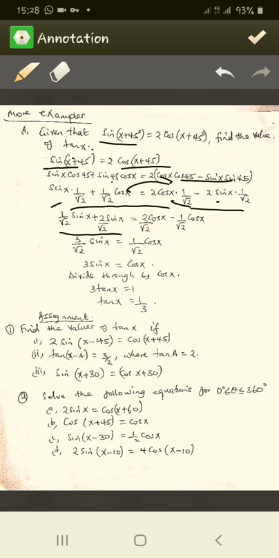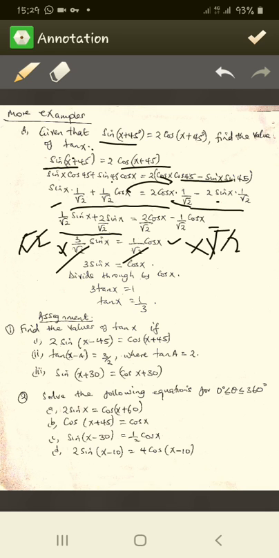Now the denominator is the same, so I will just have 2 cos x minus cos x, and it is cos x. Then this side I will have sin x plus 2 sin x, which is 3 sin x out of root 2. Now I can multiply by root 2 on both sides, which will cancel here,